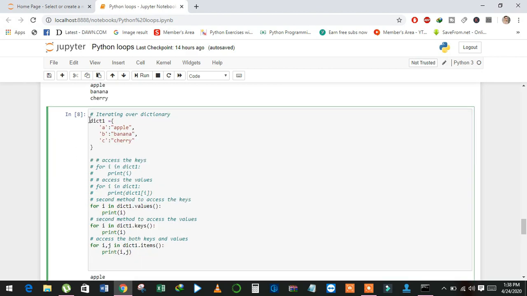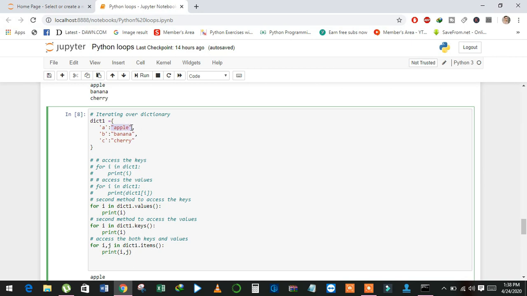Now we will discuss how to use a for loop with a dictionary. And see here, we have a dictionary dict1, and with curly braces we can define a dictionary. Each element of a dictionary has two parts. This is a key and this is a value.